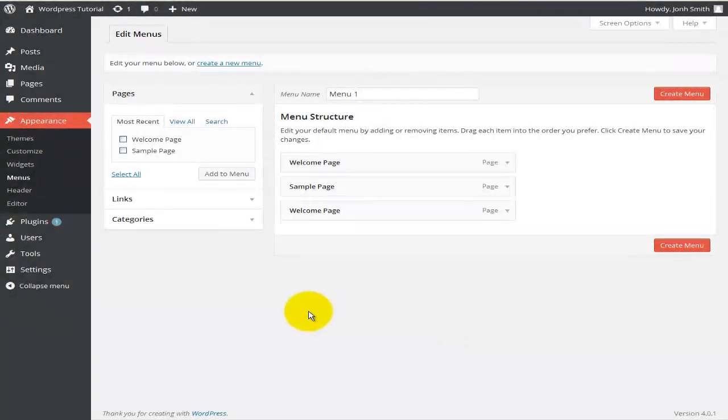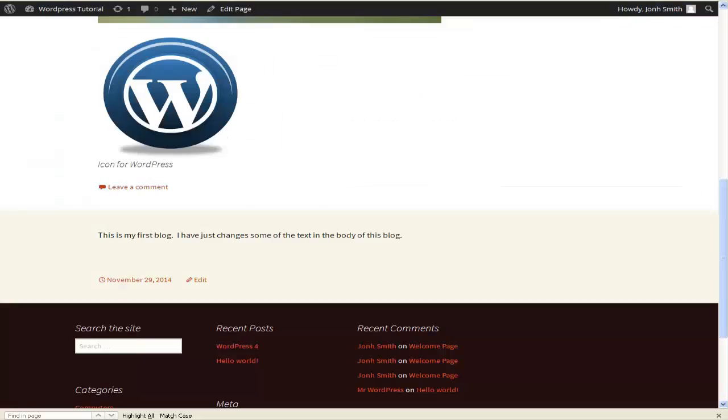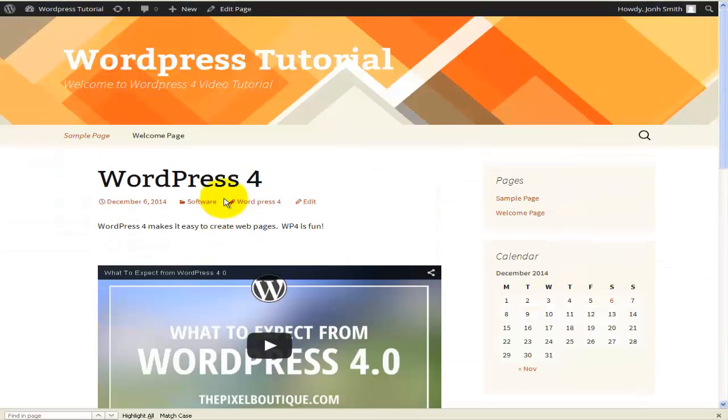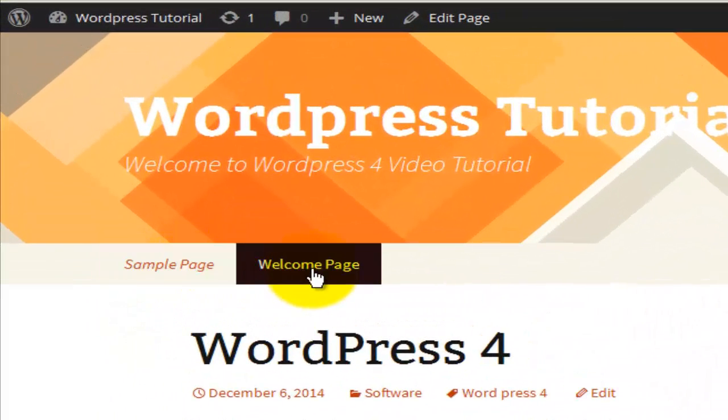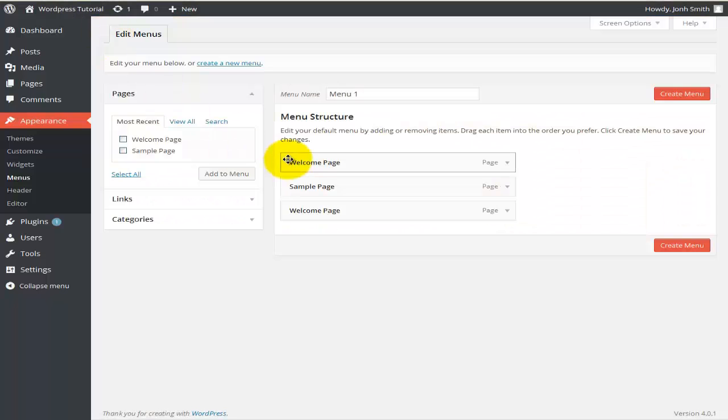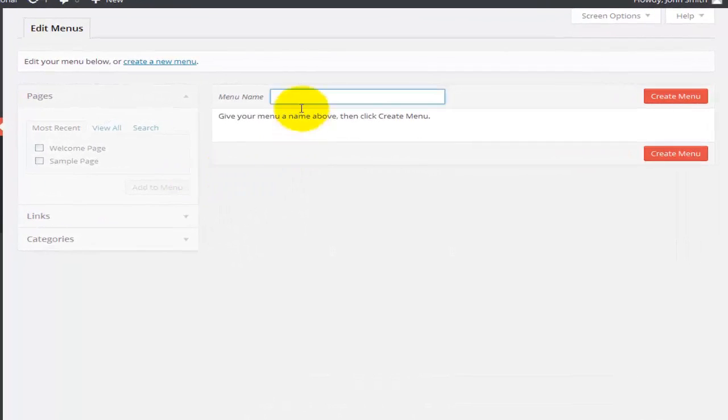Alright, WordPress will by default create some sort of a menu, and the menu that it's created is basically, if I scroll all the way to the top, simple page and welcome page. On the menu option here, we can actually go ahead and create a new menu. Alright, we'll do that. First of all, we have to enter the name of the new menu, and I'll just call it menu 2. I'll hit on create menu,